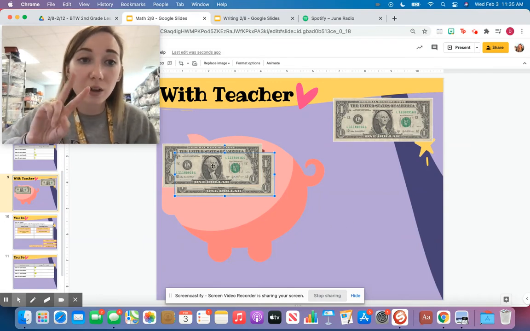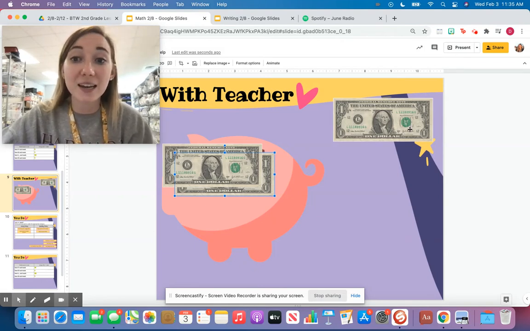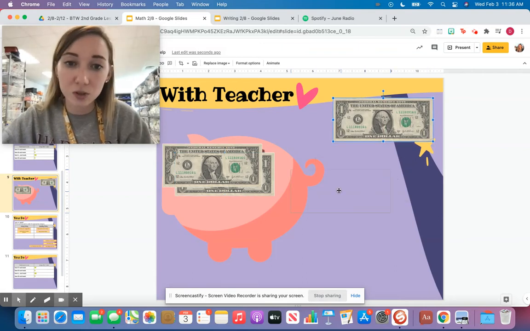There's $2 in my piggy bank now, okay? Have I saved for 4 weeks yet? No, I have not. So I've only saved for 2 weeks. So it's 1, 2. And now we're going to add another dollar. It's been a whole nother week. So we're going to add